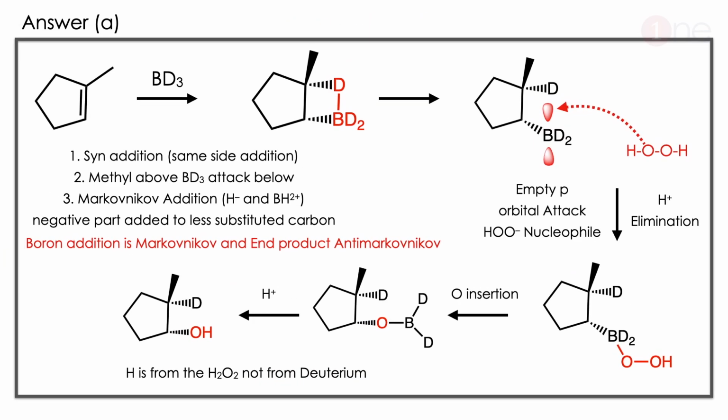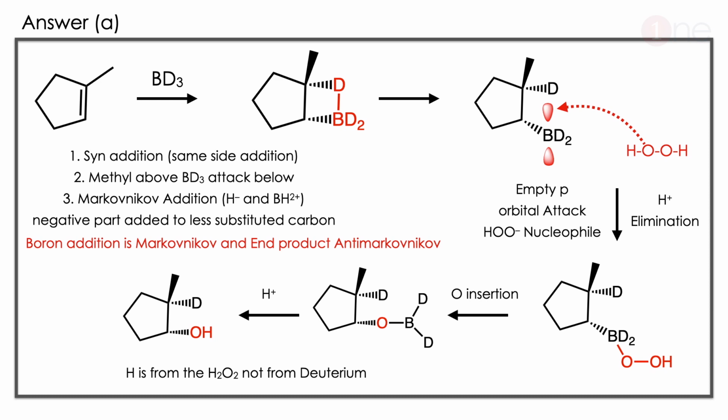The answer is A. Let us see how. This is a deceptively simple reaction but it involves a lot of steps. BH3 involves direct addition to the double bond. The addition is syn. Syn means same side attack. So same side attack will be there. So here in the deuterated compound, both attack on the same side, because you can write methyl above and the others below. You have to write both as opposite.